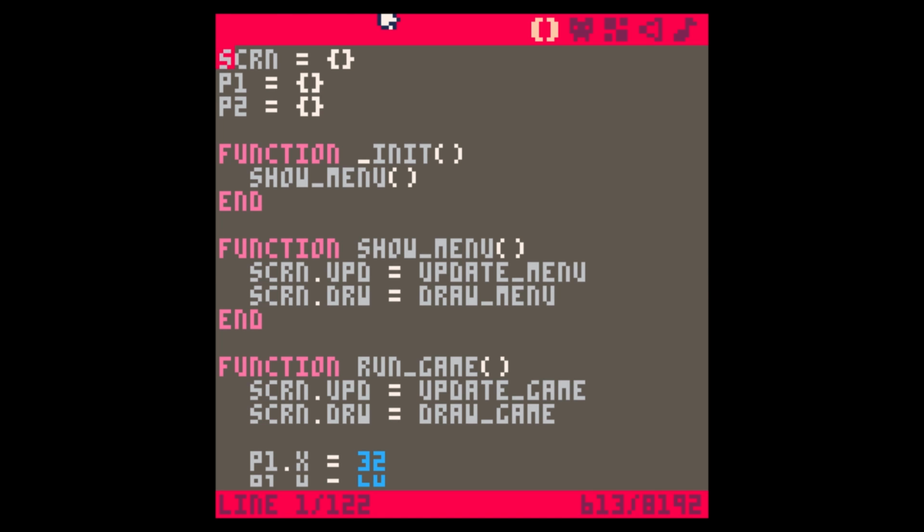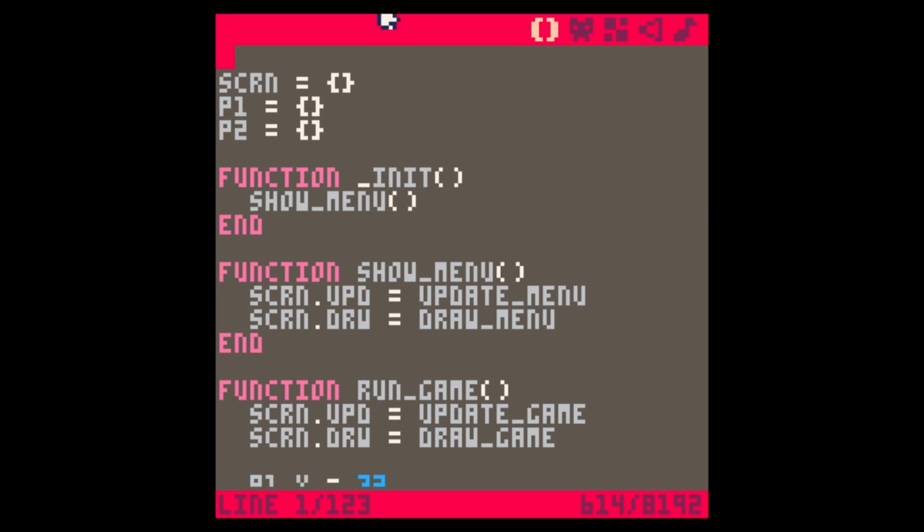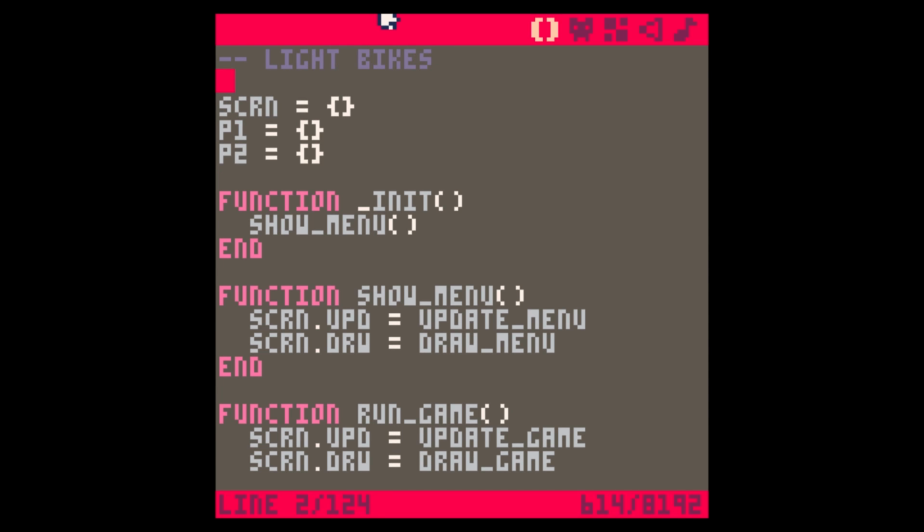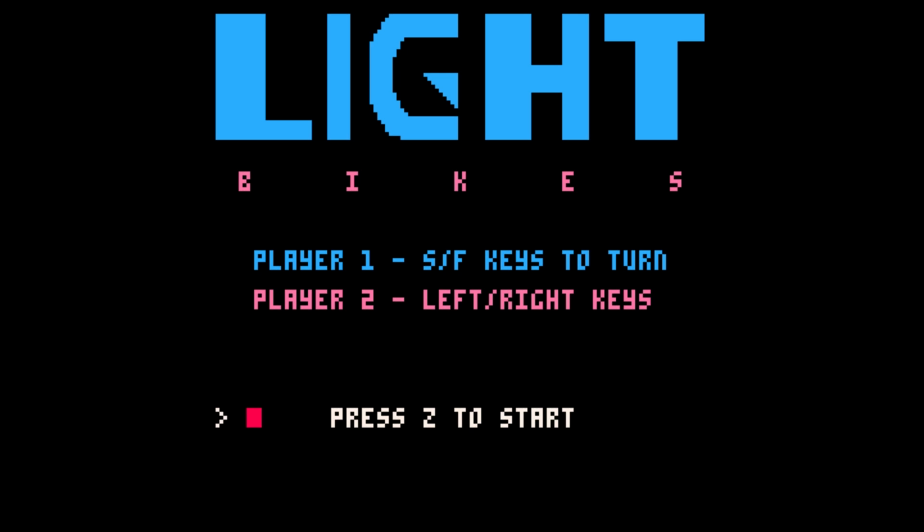The other thing we can put at the top there is some comments, so we can say something like light bikes, copyright Rabbit Gremlin 2015. All right, and now when we save, we can save it as bikes.png,